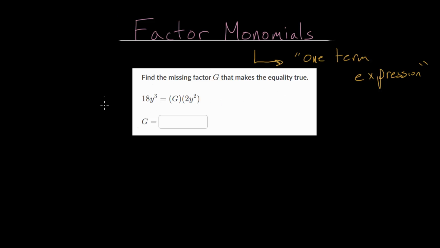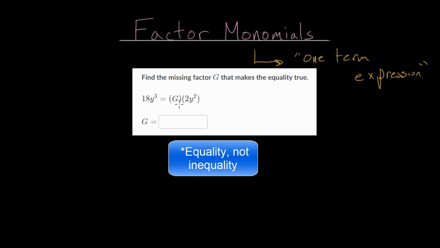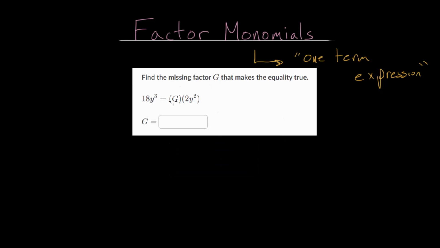With this first example problem, we need to find the missing factor g that makes this equation true. We could just solve this equation for g, or we can look at it in a slightly different way. We can start with our 18y to the third, and we're going to factor out this 2y squared. Or you can look at it that we're factoring out g. Either way works. And when you factor something out, you're essentially taking your starting term and dividing it